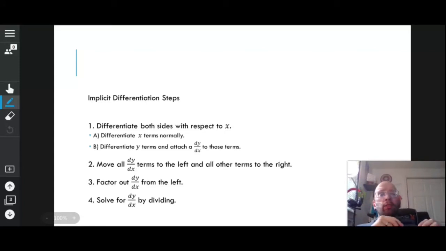But that's implicit differentiation. It makes sense. The way we normally take explicit differentiation is if I give you y, we're finding dy dx. So if you take d dx of y, you get 1, and you attach a dy dx. So we're technically doing implicit differentiation when we take all other kinds of derivatives,